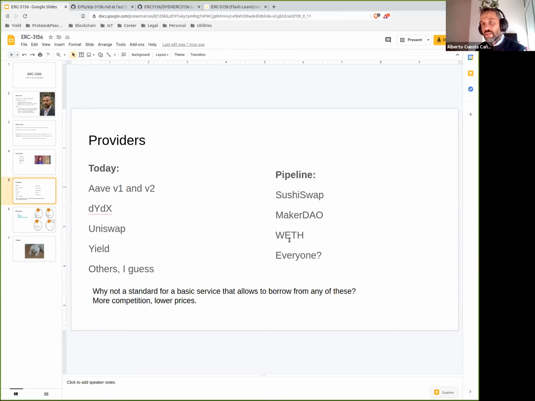And I know that SG McPherson is coding MIP-25, the flash lending module for DAI. So I thought, okay, he's in my group. He's going to use ERC-3156. I already know what the standard is. I can just implement this, knowing that when he releases, he will release with this standard. I can start working now. And if for some reason MIP 25 doesn't happen, not a problem either because it's the standard. I can just change one address and borrow my assets from dYdX. Same code, not a problem. So it's useful for me, at least.